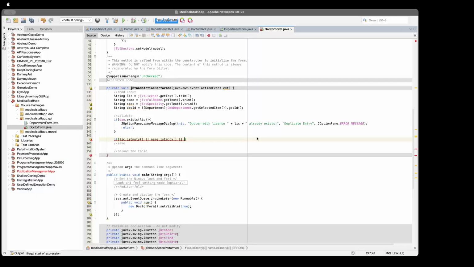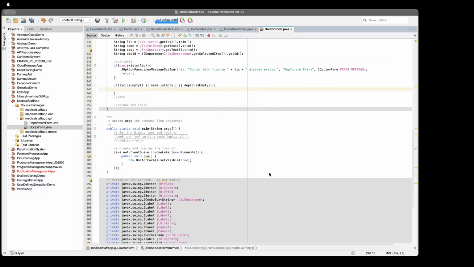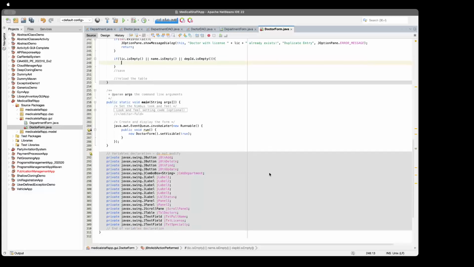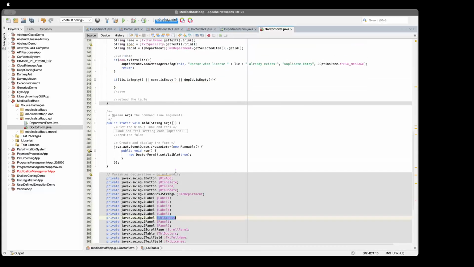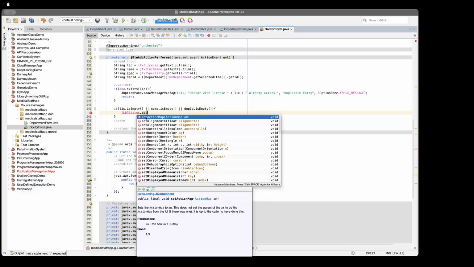Department ID we cannot, so dep ID dot is empty. So if any of those fields is empty, then again let's display a message in that label. I named it J label status. So if any of these is empty, then dot set text,